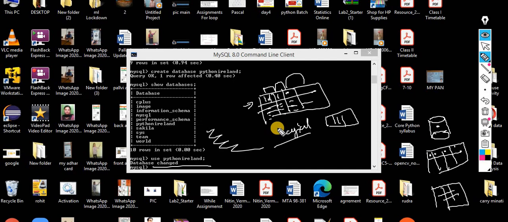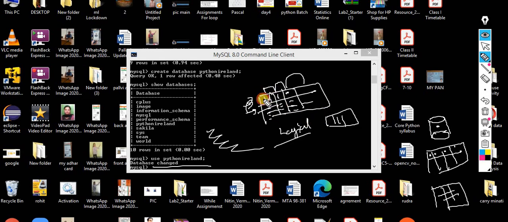And make sure whenever you are entering the data, you have to follow the same schema. Whatever schema you define prior to entering the data, that is most important whenever you are supposed to enter the data. Otherwise you will get the error message. What is the meaning of that?